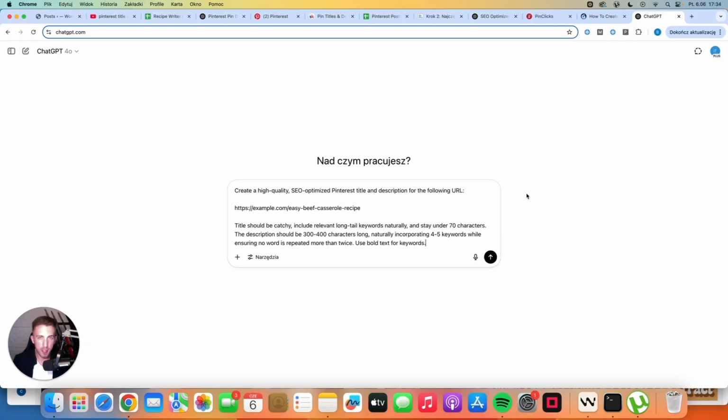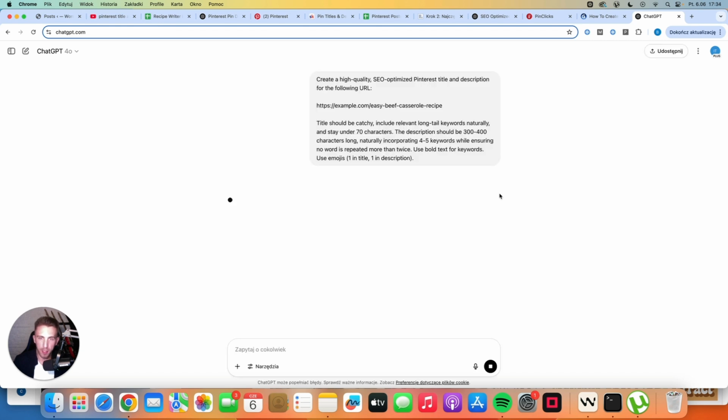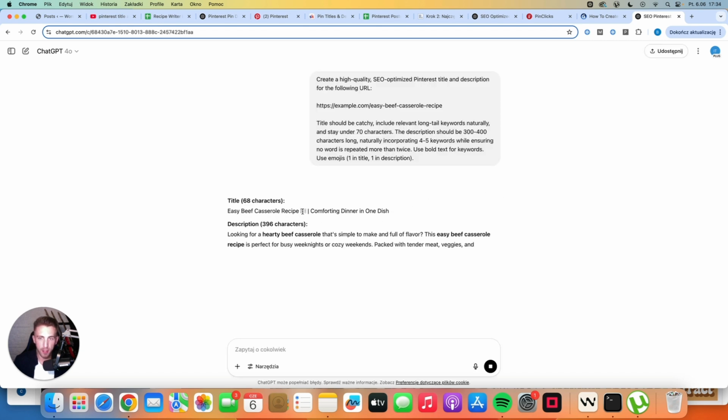So this is the simplest prompt that you can use for titles and descriptions, and if you want, but it's optional, you can also ask ChatGPT to use emojis, one in title, one in description. This is something that I'm doing personally. You don't have to do it if you don't want to. So once you have the prompt, you can simply click enter and it's gonna create a very nice title and